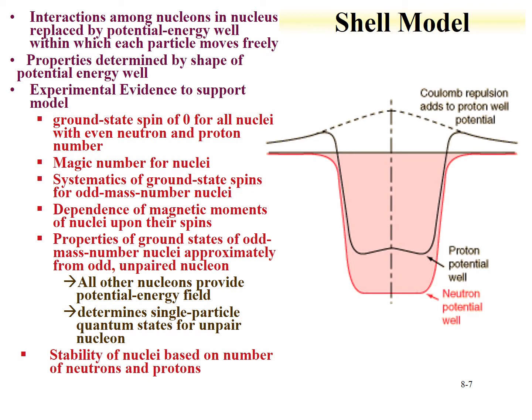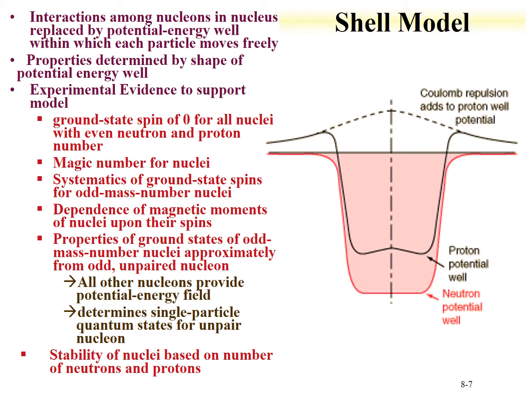And we've already kind of hinted at the shell model where there's some experimental evidence. For instance, the ground state spin for all even-even nuclei is 0 plus. We've discussed magic numbers. So there are certain nuclei or certain states where there's enhanced stability for nuclei, which is pronounced in fission, for instance. There are some systematics on ground state spins for odd mass numbered nuclei, the relationship between magnetic moments and their spins,